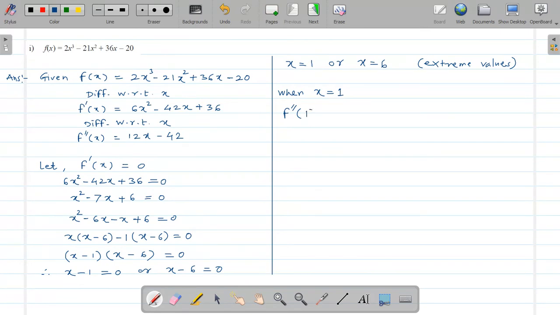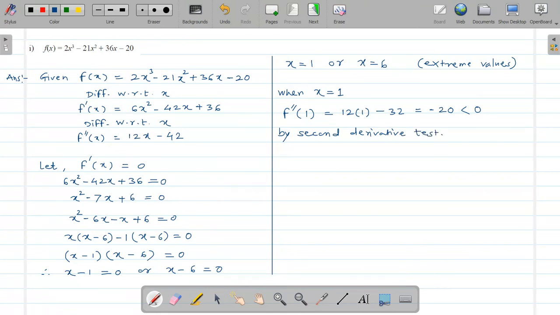So f double dash of 1 is equal to 12 into 1 minus 32. Now by calculation you will get minus 20, which is less than 0. Now by second derivative test, what is your conclusion here? By second derivative test, if the second order derivative is negative,